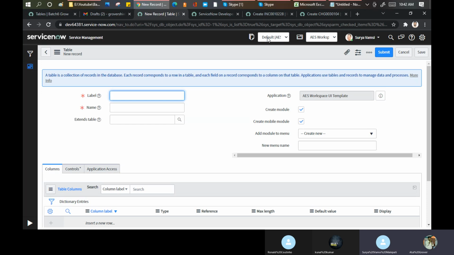Good point. Like, I want to get all these changes into my update set, right? Not possible. Then you have to merge it at the last. Okay, we need to merge this update set into our training update set. Correct. But again, the best practice says, don't merge different scopings in one update set. As you said yesterday, each and every update needs to be a separate update set. Correct. And now we added one more part, that is scoping. So better create one update set for one scope only. That will be good to go.